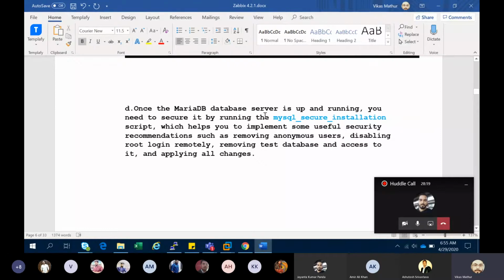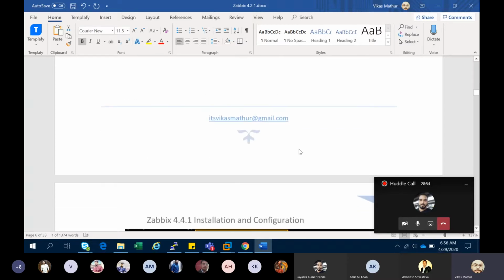There is no need to apply any changes on the server, but I am just going to tell you that if you are in an organization, you have to implement this for security reasons. For this, mysql_secure_installation is basically a script. It will allow your root user strong authentication. If someone wants to connect to your MariaDB database, you can disable it, and remove your test database and other things.